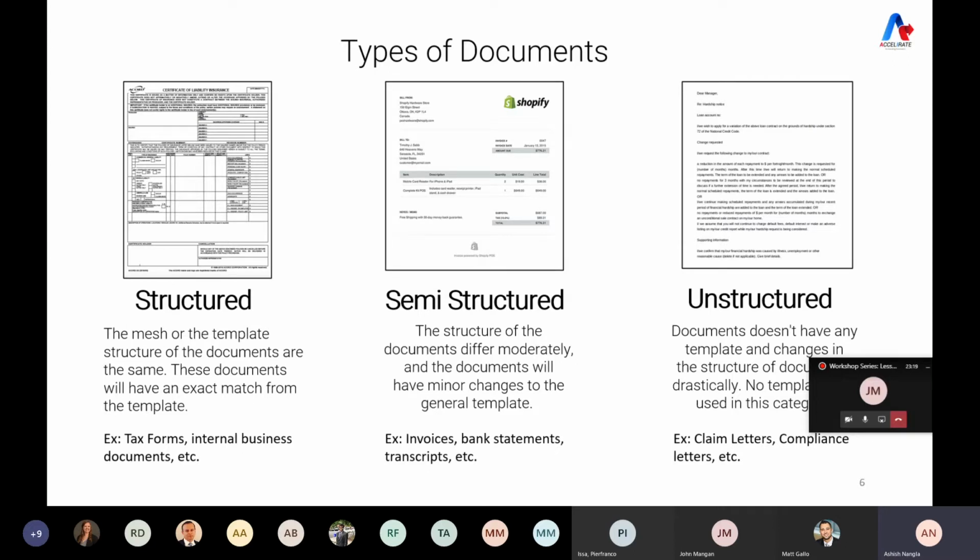So that's the kind of difference between structured, semi-structured, and unstructured overall. And the reason why we define these separately is because it also shows the difficulty or ease of extraction. Structured is fairly simple to extract. You can understand what the template is. There are tools in the market that let you extract data out of these very easily, or fairly easily.